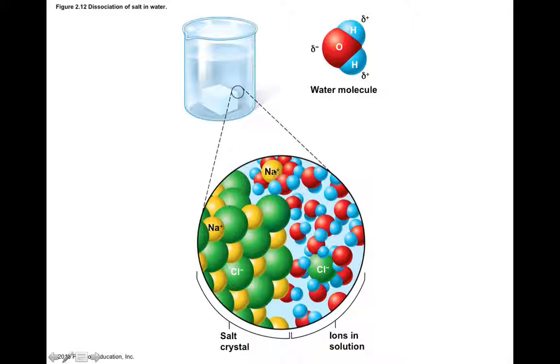So sodium has a positive charge here. It's going to be attracted to the partially negative charge on water. And chlorine, or chloride rather, has a negative charge here, and because it's an anion, it's got that negative charge, it'll be attracted to the partially positive end of the water molecule. In fact, all these water molecules kind of line up and form a sphere around these ions, and that's what we call a hydration sphere. This actually helps to make these salts more soluble or dissolvable within the watery solutions of your body.